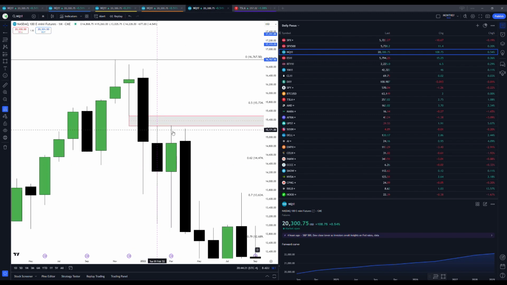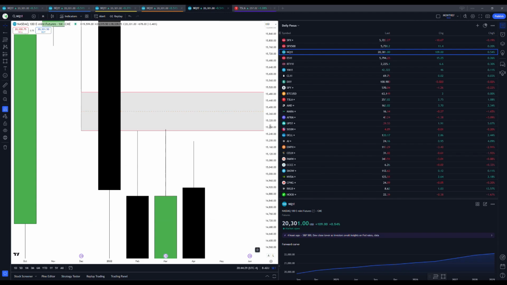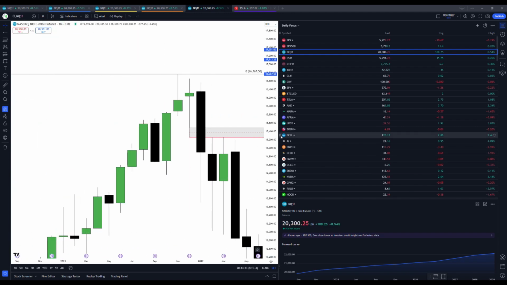Okay, here it is. Ever so slightly. Let's zoom in here and look at this. Price gets in, price gets out. Okay, that's exactly the most ideal situation we have there.